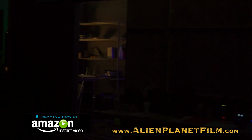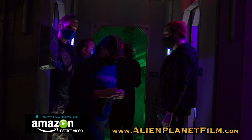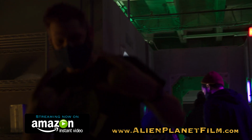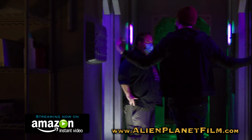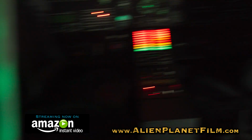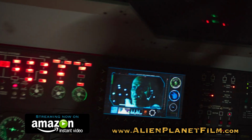Here we're shooting at Fonco Studios. This is where we shot both Brocheet's ship and the Dweller's ship. You see the crew getting ready for the shot. And here's some Easter eggs for the audience. You'll see on Brocheet's ship,